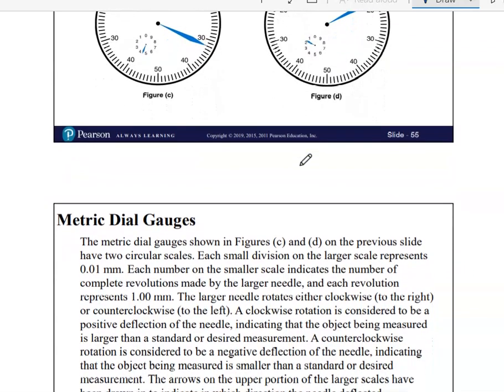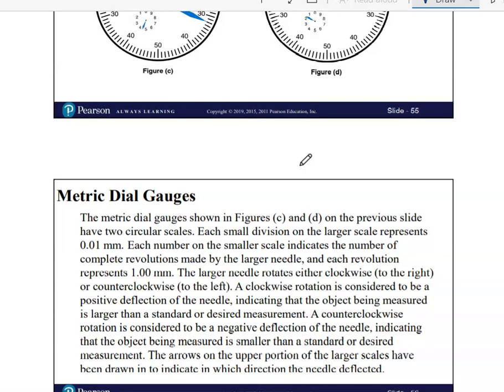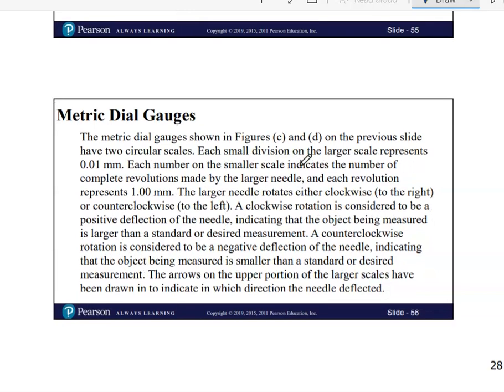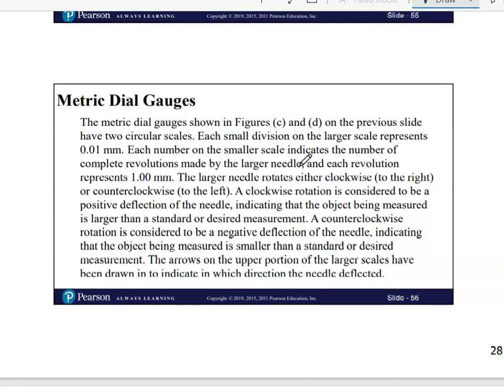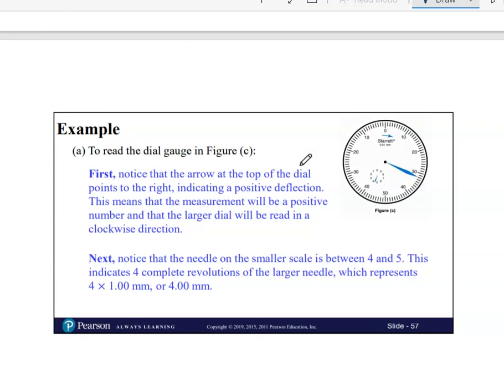A clockwise rotation is considered to be a positive deflection of the needle, indicating that the object being measured is larger than a standard or desired measurement. The counterclockwise rotation is considered to be a negative deflection of the needle, indicating that the object being measured is smaller than the standard or desired measurement. The arrows on the upper portion of the larger scale have been drawn to indicate in which direction the needle deflected. So if we want to read this dial gauge, it says first notice the arrow at the top of